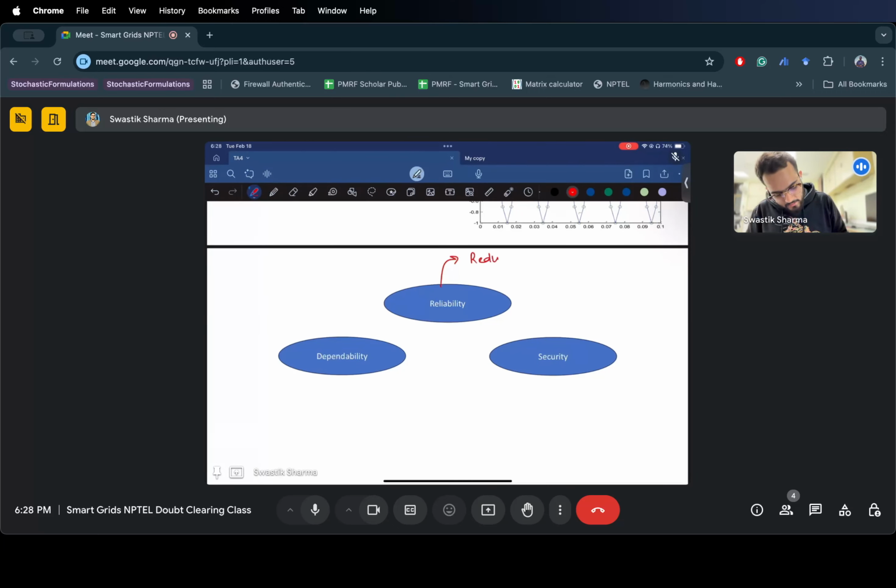there should be redundancy. When I say redundancy, each relay is configured with a backup relay. Let's say a relay does not perform its operation, so a backup relay which is used to support its operations is installed, which can initiate a trip if the main relay does not do so. So by redundancy, we ensure that there is reliability in the system, and the metric to measure this is the number of correct trips